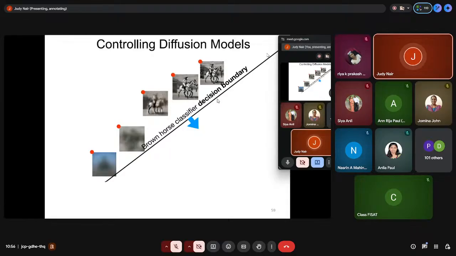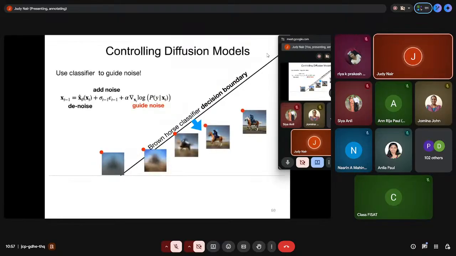So we know the brown horse class, for example, this could be any classifier that we build. And then we have already given that brown horse classifier. This is the decision boundary. If you wanted to generate a brown horse, this classifier will predict whether it is brown. So you know the prediction value. That classifier gradient can be added in the learning process. So other than the noise, the classifier will decide. It's like we are giving manual information to it, and there is somebody to help the process learn better and more accurately. That is important.